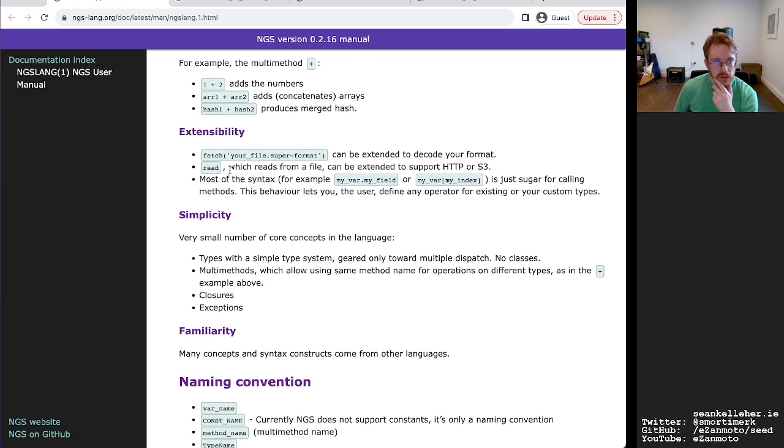So let's see, read, which reads from a file, can be extended to support HTTP or S3. So extensibility, I would nearly be saying this is in contrast to composability in this case, because you're kind of saying, okay, well, this one thing can do these multiple different things based on stuff that you bake into it behind the scenes.